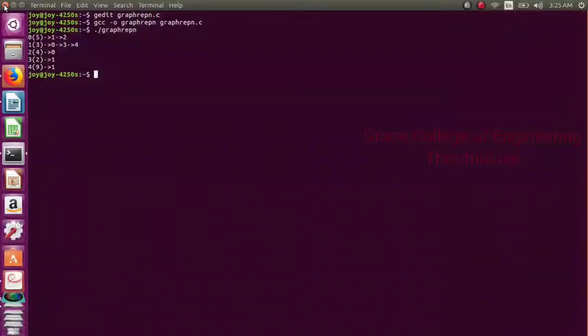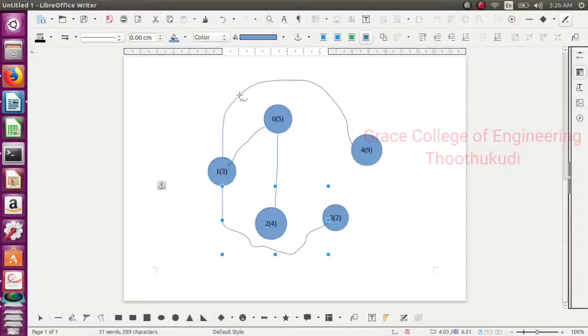See the first one, 0 of 5. 0 of 5 is connected to, that means it's linked to, 1 and 2. So 0 of 1 and 0 of 2. See the diagram here: 0 of 5 is directly connected to 0 of 1 and 0 of 2.